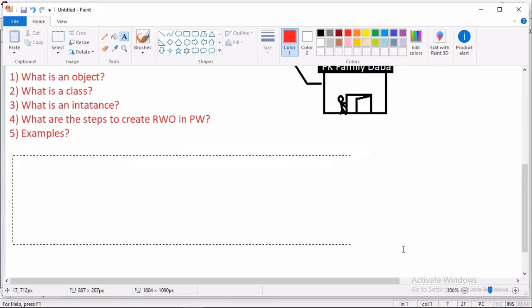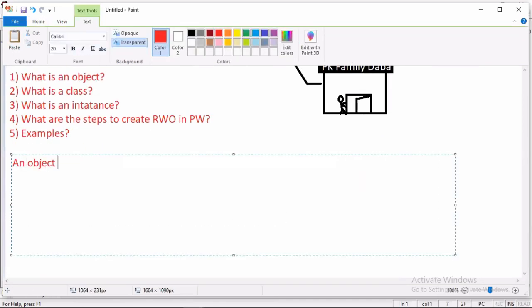Can you tell me what is an object? An object is a real world thing, which is an instance of a class. Right? The next, what is a class?